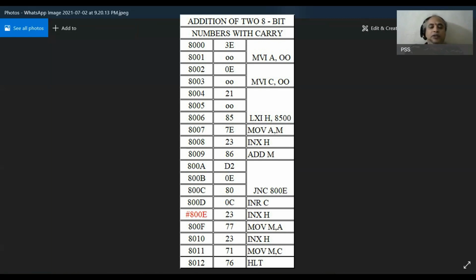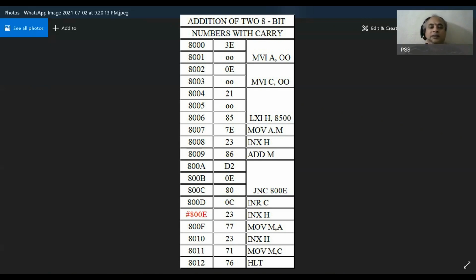Now after that, we have used the instruction ADD M. What does it do? This will simply add the number that is present in the given memory location to the number which is present in the accumulator. As I told you earlier, the result is also stored in the accumulator. Hence, the final sum is present in the accumulator. Now the question arises, does it have any carry?